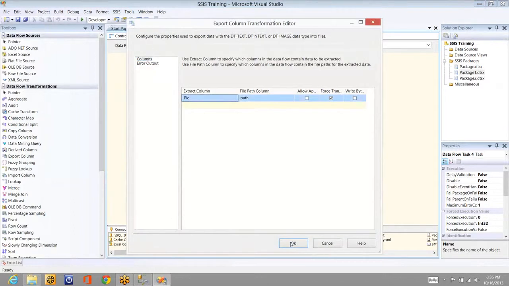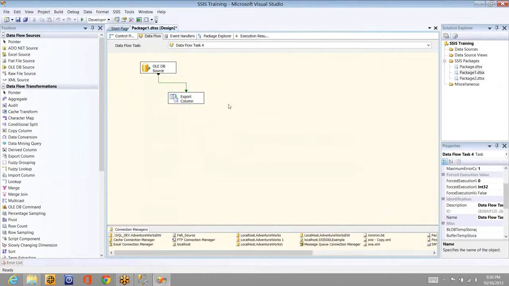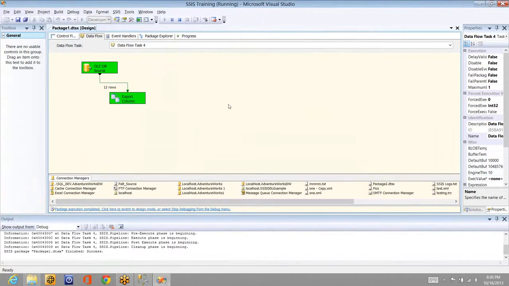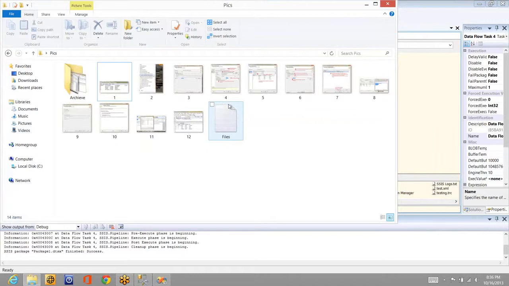If the file is already available, then you have to truncate it, or you have to provide the information about what to do. Let's say there are some files, and if you are executing this package and you don't want to overwrite, then you need to handle it. If the file is very critical or important, you cannot take the risk, right? So that is why these three options are provided. Whether you want to delete and add, or append to the existing file, or whether the file exists or not, some information, some hint.